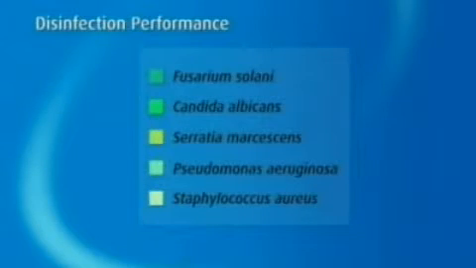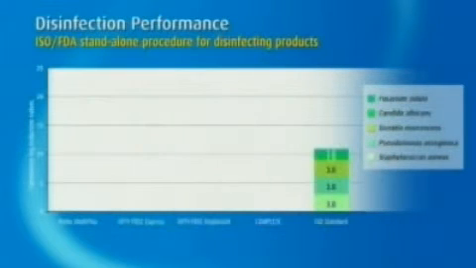So for disinfecting performance, we look at the International Standards Organization and Food and Drug Administration standalone procedures as standards for disinfecting efficacy of products. We know that there are 5 panel microorganisms that are used in the standard, 2 bacteria of a gram-negative variety, 1 gram-positive bacteria, and 2 representatives of fungal microorganisms. And of course, the standard is a 3-log reduction for the bacteria and a 1-log reduction as minimum performance for